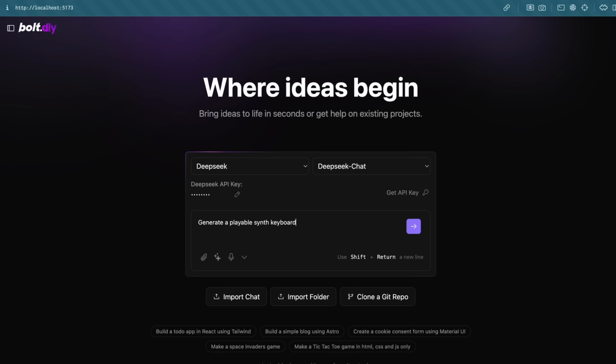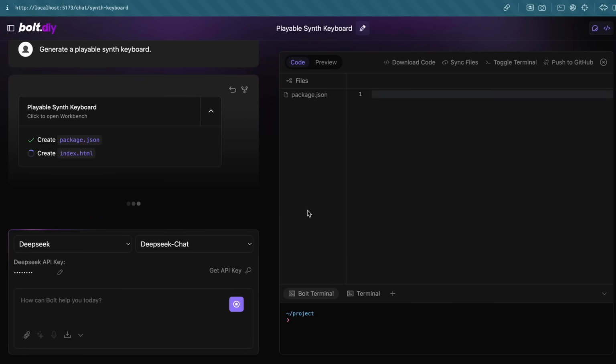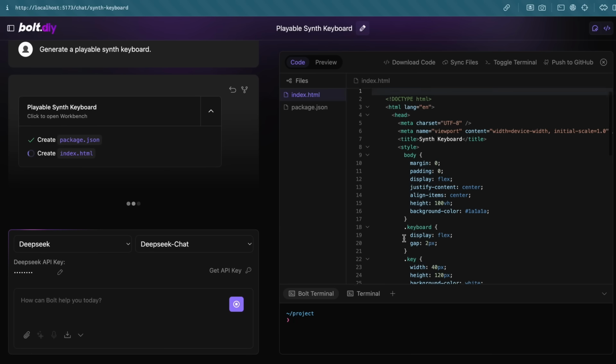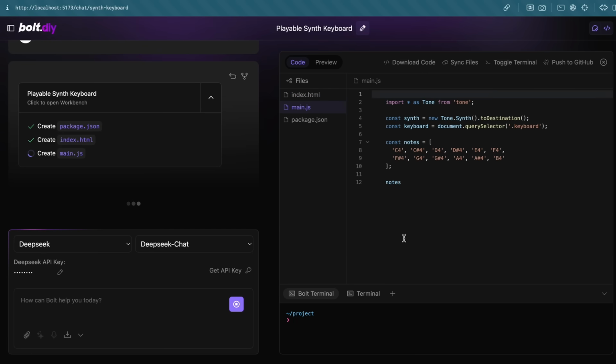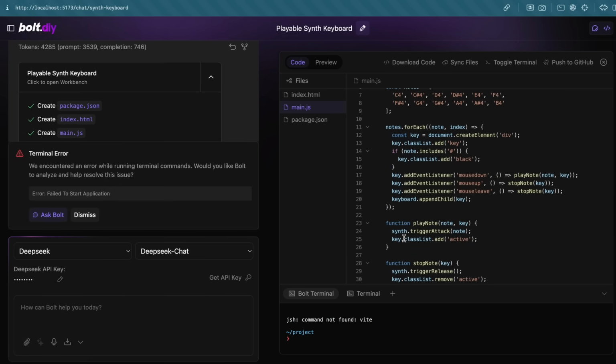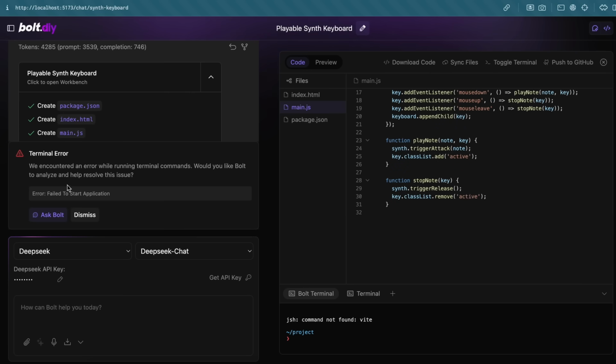Let's ask it to make me a playable synth keyboard. Now, once we send it, you can see that it starts doing that. The new DeepSeek is pretty fast. In fact, it's even faster than Claude, and you don't encounter any rate limits either, which is pretty great to see. Anyway, you can see that it wrote everything, but it wasn't able to run it because Vite doesn't seem